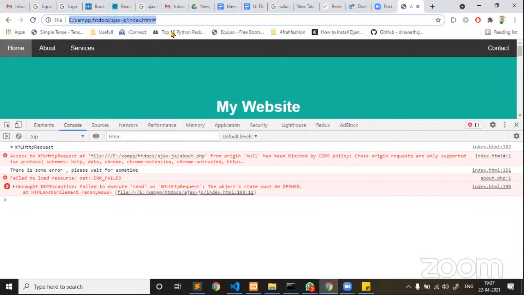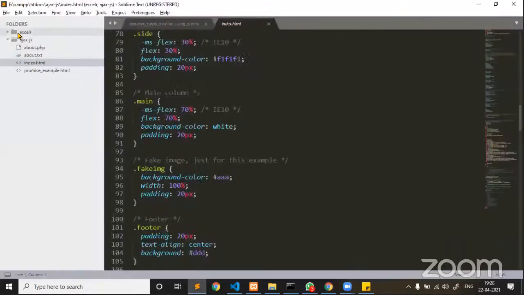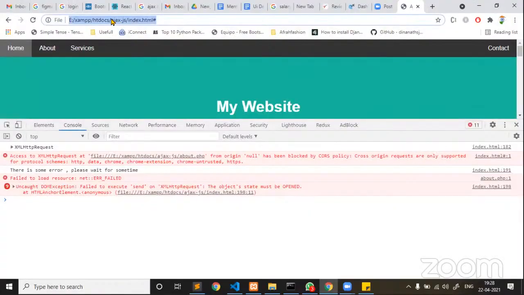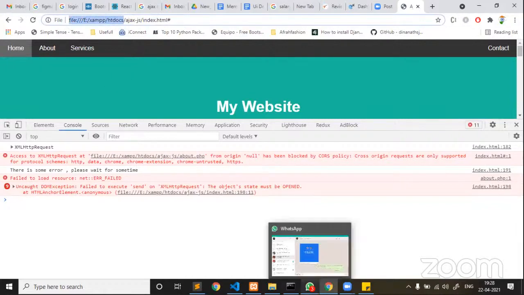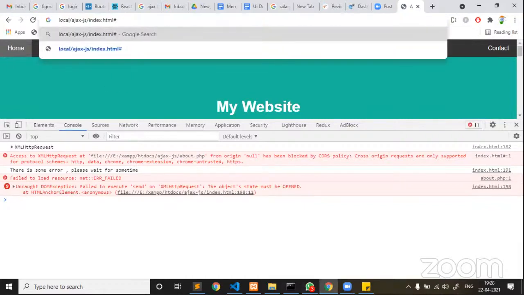Now, if you are loading index.html through a flat file system, and the server code is there at the server, Ajax won't even work. To avoid this kind of issue in a browser, guys, listen carefully. There is a way to execute your Ajax or server-side code. Instead of using a flat file system, in the URL I'm just using a local server.